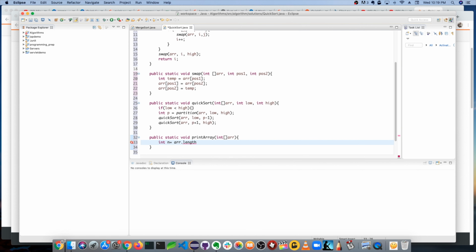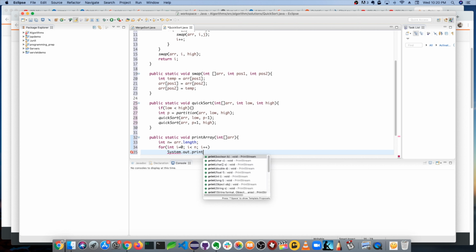Okay, length. And we're going to have a for loop. And we're going to set int i equal to 0, i is less than n, i plus plus. And for each call, what we want to do is, well, I don't really need these brackets. What we want to do is system.out.println